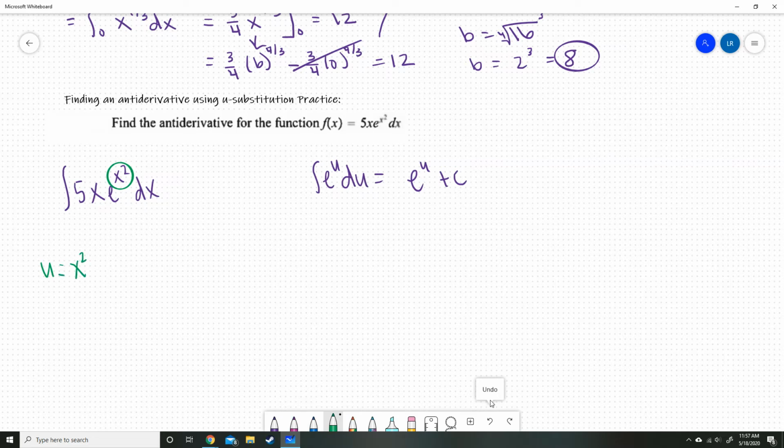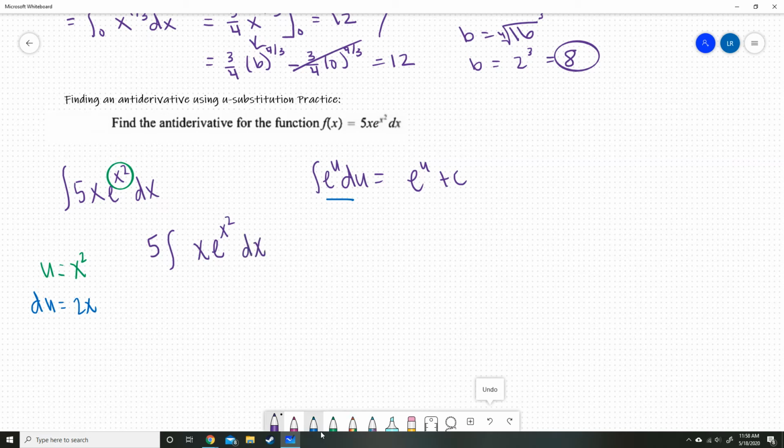That would make my du 2x. So if I could make this function e to the u du, then I could integrate this. So the first thing I'm going to do is move that 5 outside because that is not in my u or my du anywhere. I'm going to keep the x on the inside, and I'm going to say e to the x squared